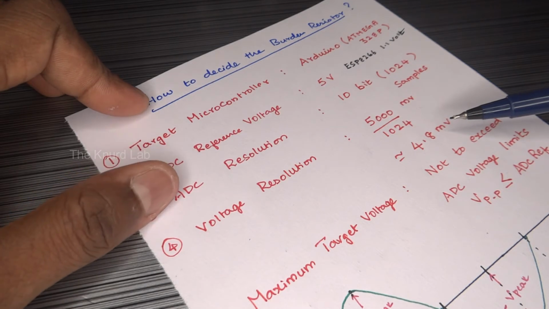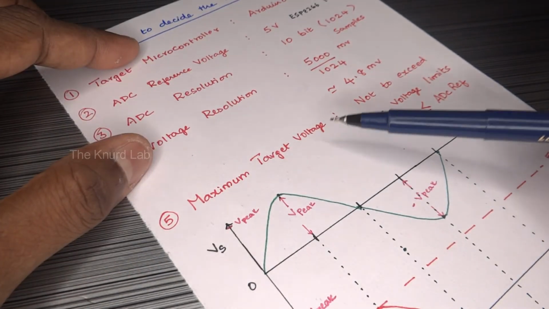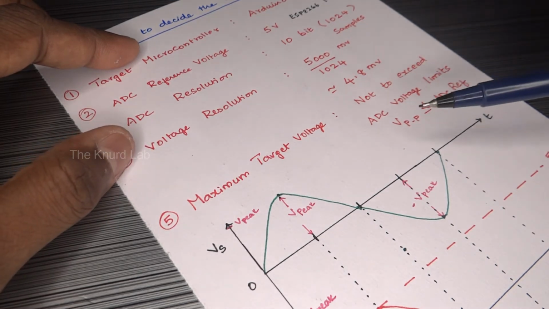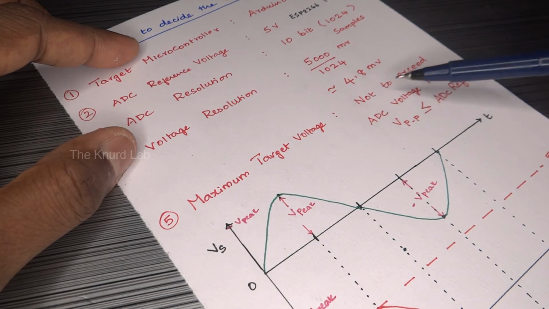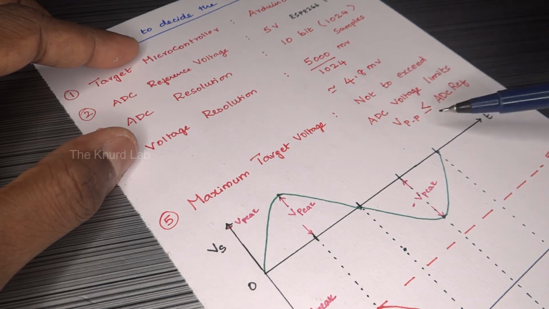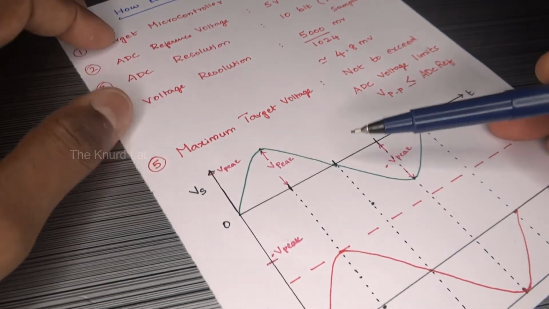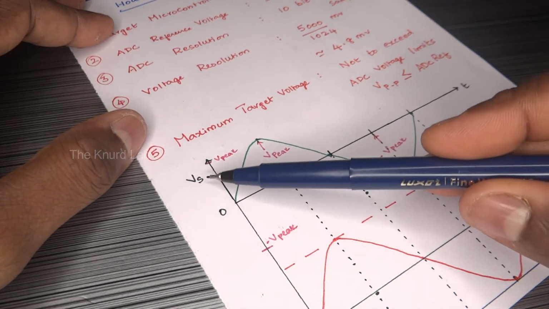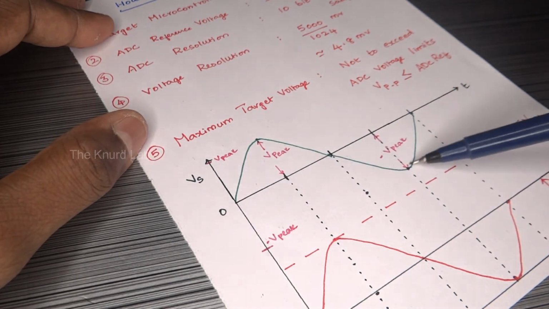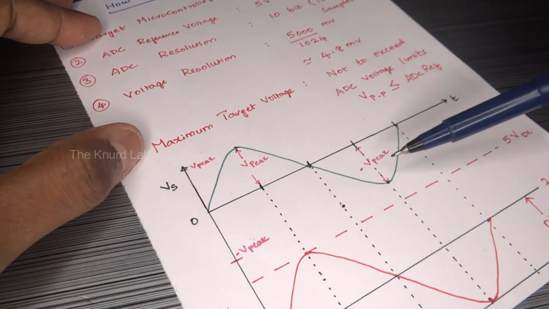And naturally, that becomes the lowest voltage which you can measure with that microcontroller's ADC. The same is true when it comes to the maximum voltage that your ADC can measure. Since the relationship between voltage and current through a resistor, in this case a burden resistor, is a linear one, the maximum voltage that you can measure on your ADC is directly proportional to the maximum primary current that you want to measure. So it becomes all the more important to limit this secondary peak-to-peak voltage well within your maximum